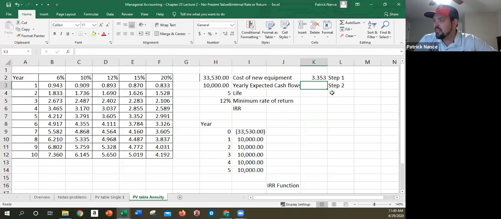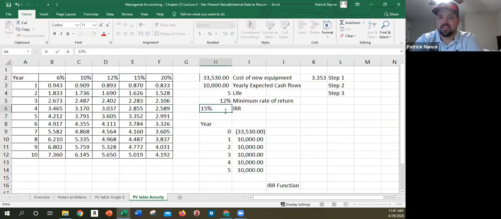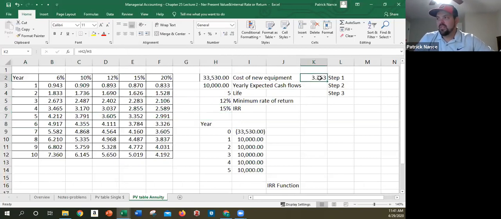Step 2, we find that number here. And effectively, step 3 just says, okay, report that number. I don't know why they break it into a separate step. Step 2 is really all you need to do. So we found the closest number for 5 years. I go across, it's right here. So the answer for the IRR, in this case, is 15% based on the tables. And that's all there is. So I find the factor on the table, and find where that falls in the percentages,